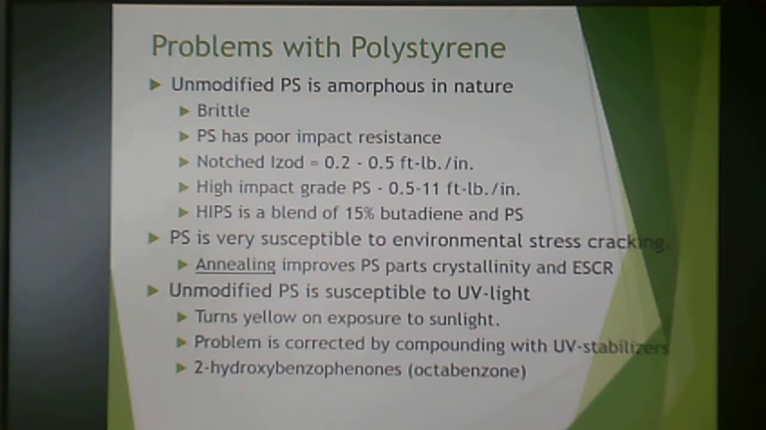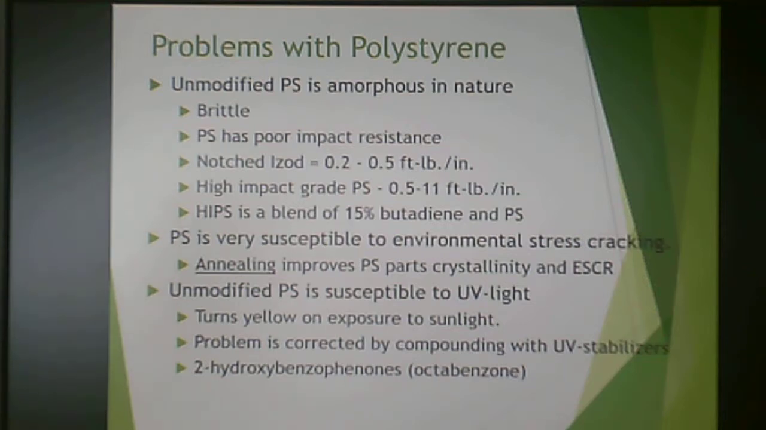Polystyrene is very susceptible to UV light. It turns yellow on exposure to sunlight, and you can use some UV stabilizers to correct this. It also happens in its copolymers as well. So anything with a styrene monomer in the backbone, and ABS is the big one, turns yellow on exposure to